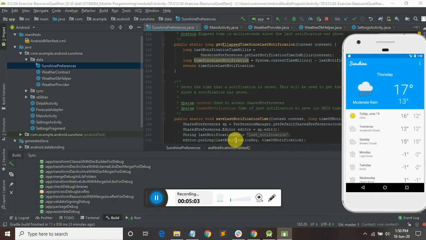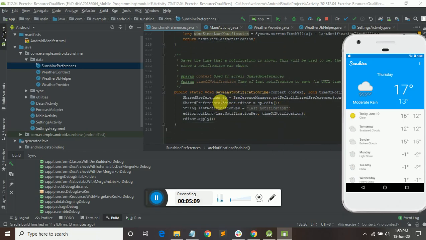And here you can see what context we use for shared preferences. The main purpose of shared preferences is that it will use a default name, for example com.example.something_preferences.